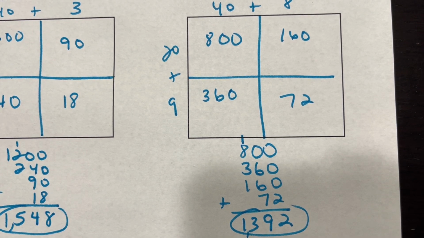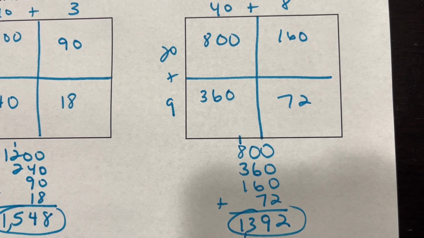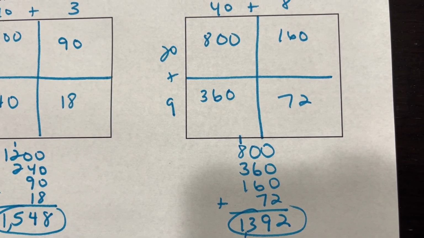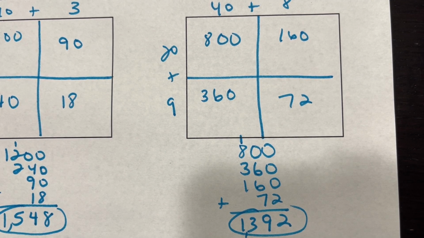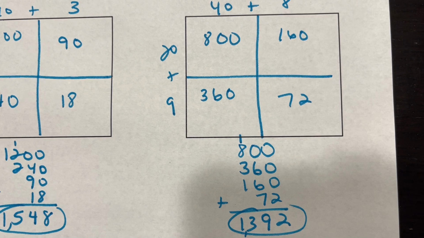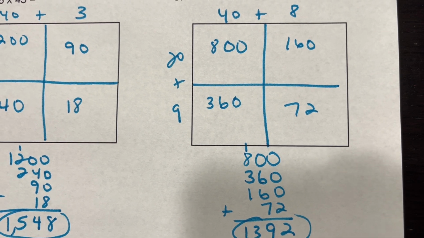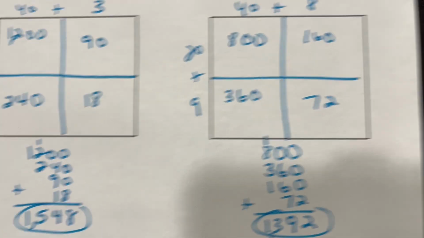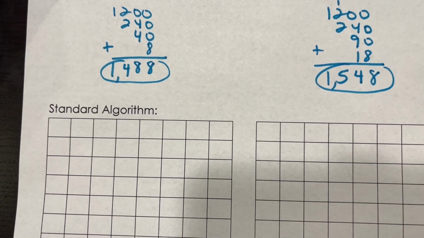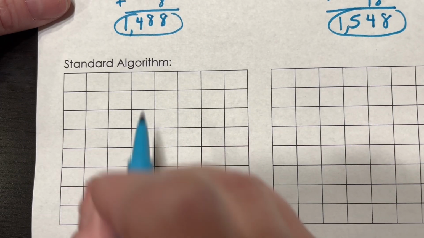This actually helps you to be able to understand what you're doing when you do the standard algorithm. And it allows you to do some things in your head. Like if I put a problem like this for a number talk, a lot of you would break this apart this way. In 5th grade, I do get to teach you the standard algorithm. That's part of our standards. So we're gonna connect the standard algorithm to just these 3 problems. And if you're in class today, we'll be breaking out into small groups and doing some more practice with this, but 3 examples today. All right, so we're gonna do this exact same problem, 62 times 24, as a standard